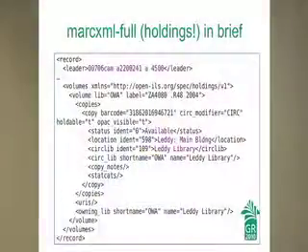Now, marcxml-full is a variation on marcxml, which again, Mike is to credit for the generation of this, and it's incredibly useful. marcxml-full takes your marcxml record, so record, leader, subfield, control field, data fields, and then for your search scope, say you're searching at a system level or a particular branch level, it's aware of the scope and will create a set of XML elements that contain the call numbers that are visible within that scope, the copies that are visible within that scope, attributes for the copies like the barcode, whether they're holdable or visible, statuses, locations, the circulation library name, the short name for the library if you want to show that